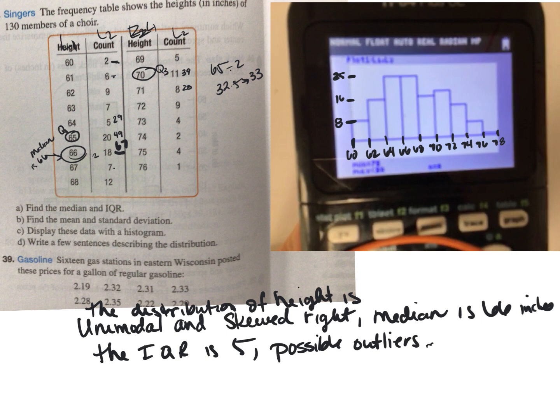Remember in AP questions, if we don't have context, we're going to get points marked off. So the minute we just say, this is the distribution of height, and this is what it is. Okay, we use the fact that it's 66 inches, IQR is 5 inches, right? That's how spread out the middle 50% is, and we'll talk a little bit more about whether there's outliers and